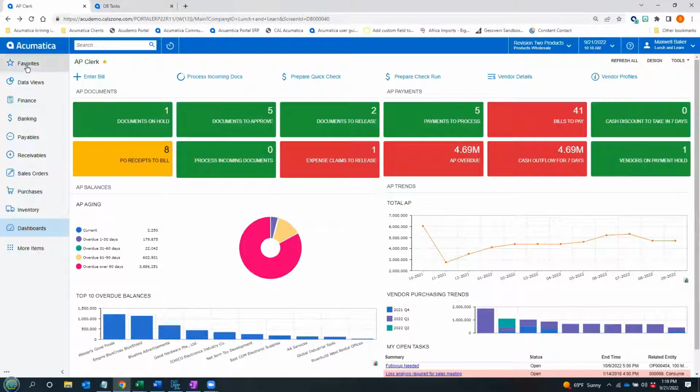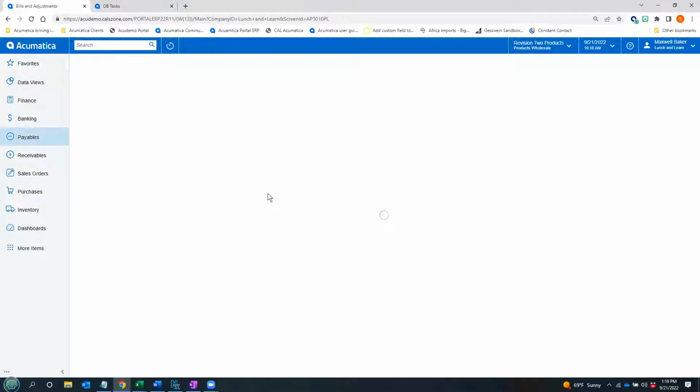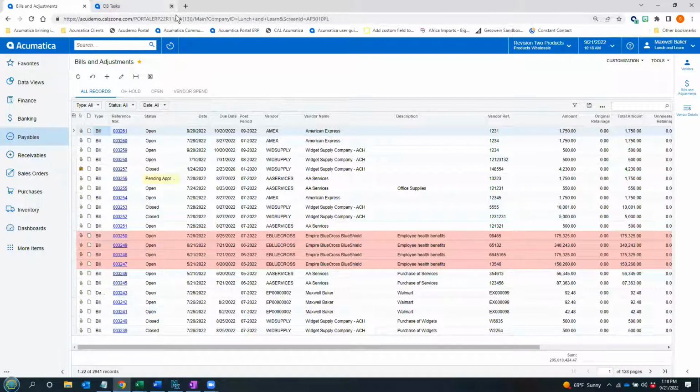I'm going to come up here to my favorite menu, and I'm going to select my bills and adjustments inquiry that I saved here. Let me close down my task list. A generic inquiry is a tool that allows you to query your database based on a certain set of data that you define. In this case, what we're looking at here is the accounts payable bills, credit memos, debit memo type transactions